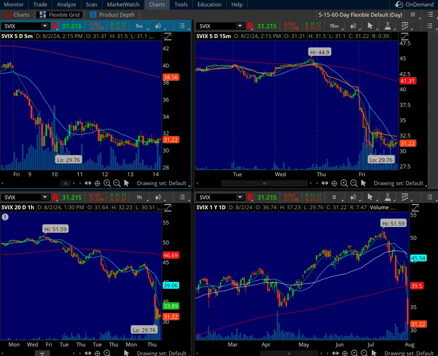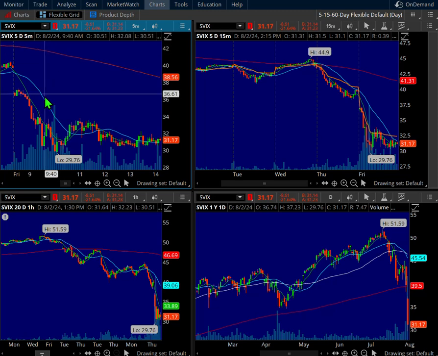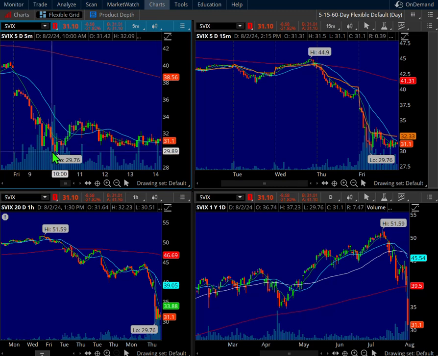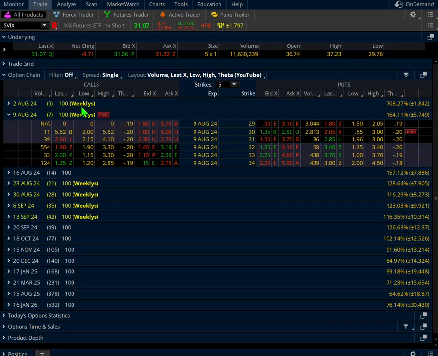Okay, I got filled at 10:38 in the morning market time. I'm on Central Time, so I would have got filled around 9:38 in the morning. So looking at a 5-minute chart, I was filled around, probably on this spike down here. Yeah, I would say so, because the text alert said the price of the SVIX was $30.80 when I got filled.